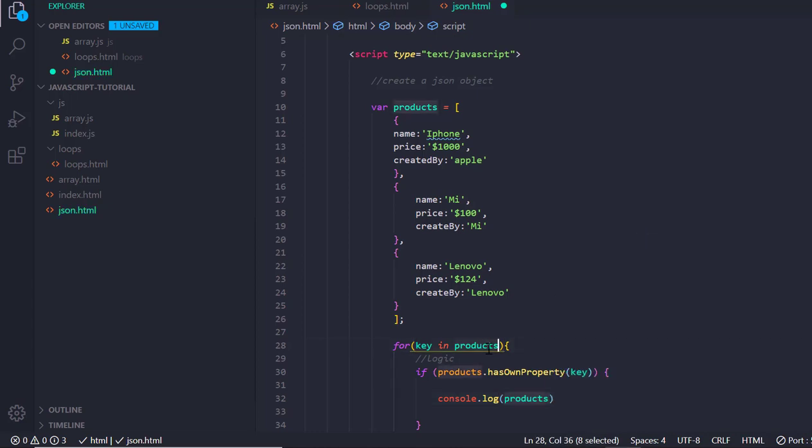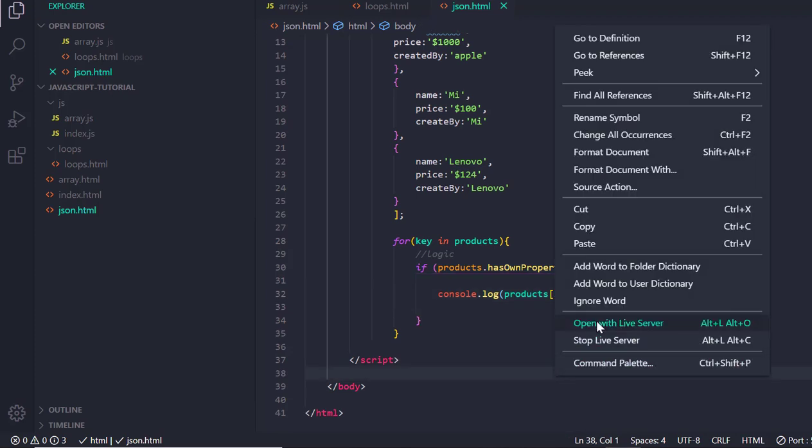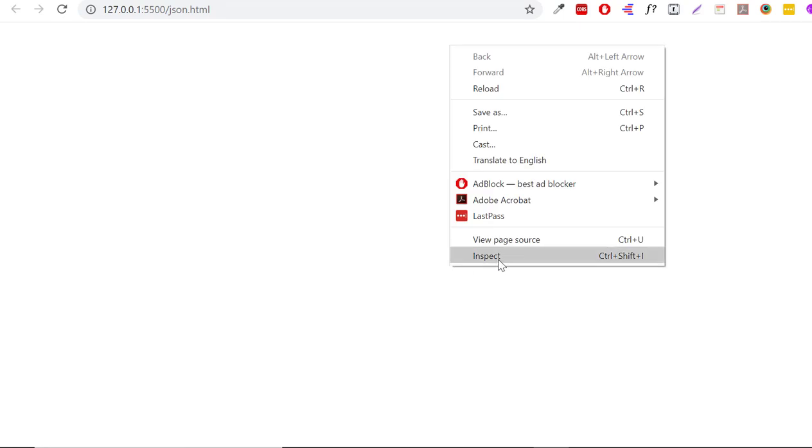So I need to write this products. Then what would be my key? The key will be 0, 1, 2, this way. Then it will be my key, and then what is my key name over here? My key name is name. Okay, let's see what it gives me. If we just open it and I see in the console,